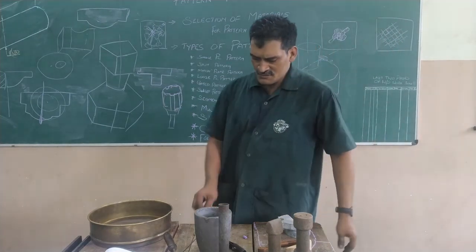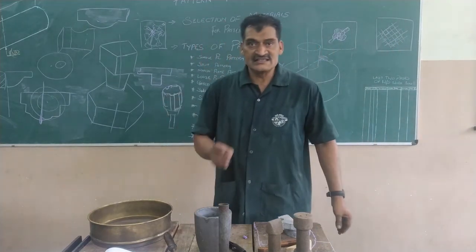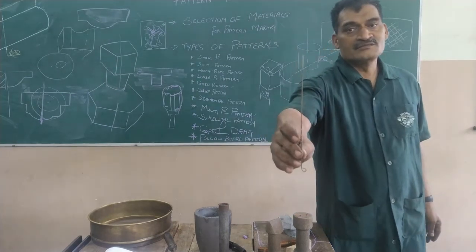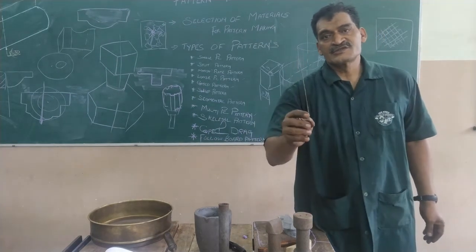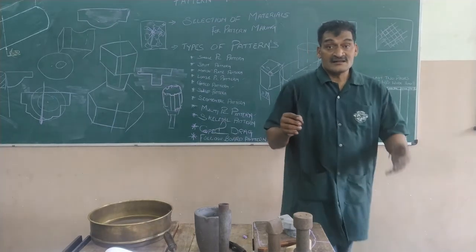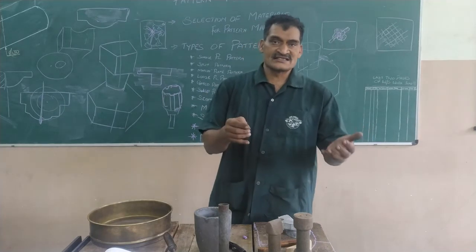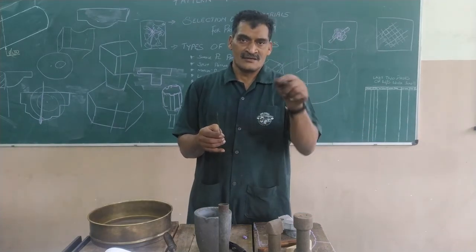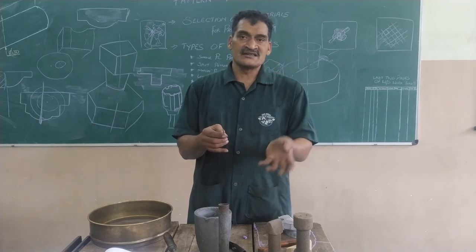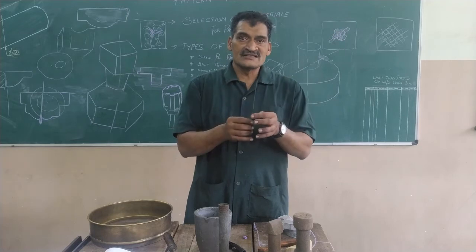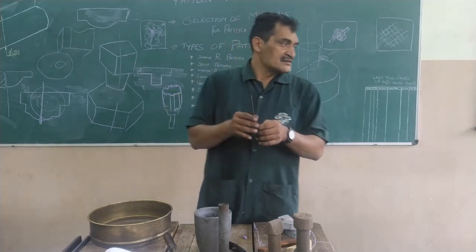The next tool is this. This is called a vent rod. This is used for making fine pores so that the hot gases that are within the mold cavity, because of the hot molten metal that we just poured, should escape, or else they can be